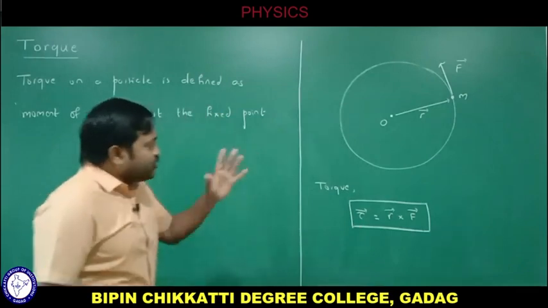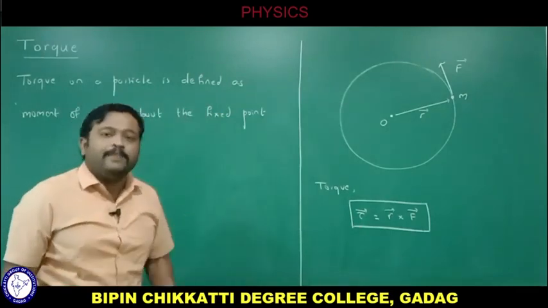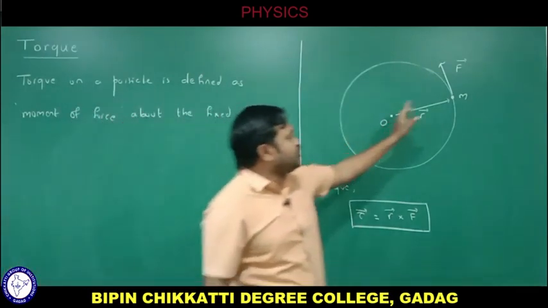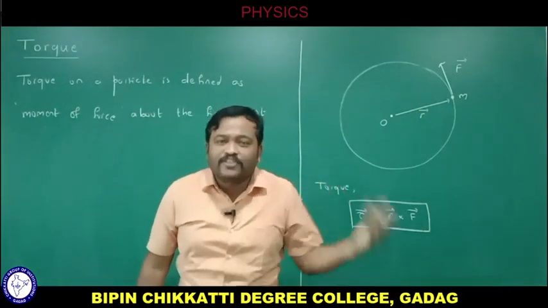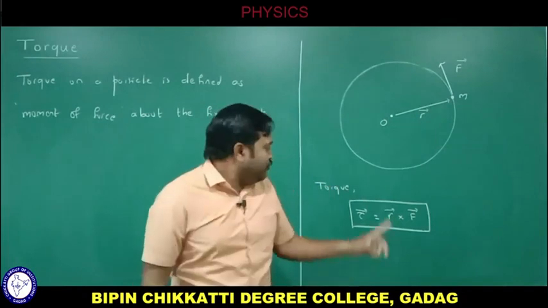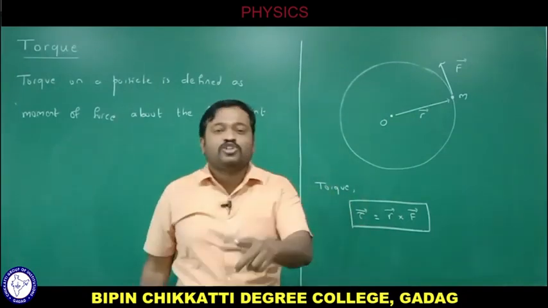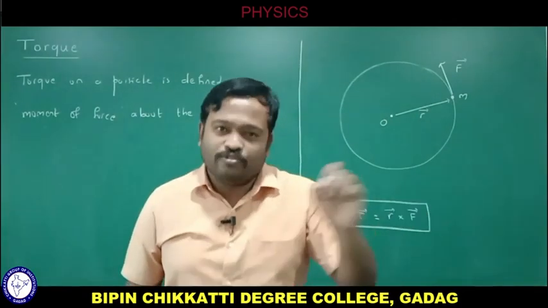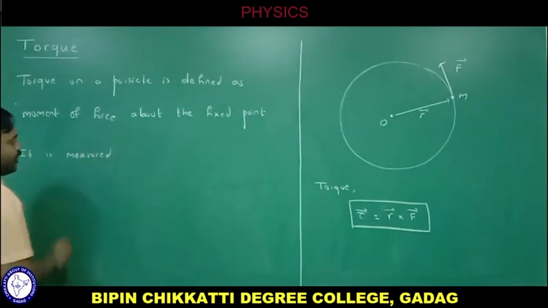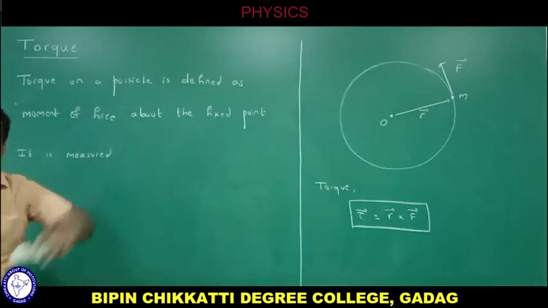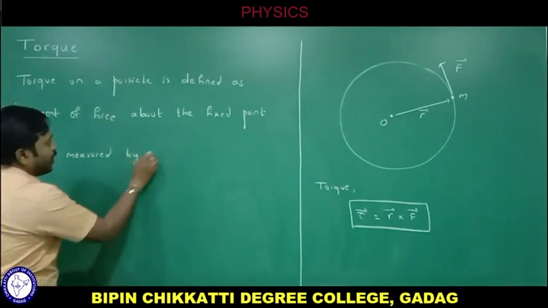The rotating effect not only depends upon the force, it depends upon the distance of the particle from the axis of rotation. That's why we need to take both force as well as distance, then we can speak about torque. So what is torque? It is a moment of force. Torque on a particle is defined as moment of force about the fixed point. And how to measure that? It is measured by